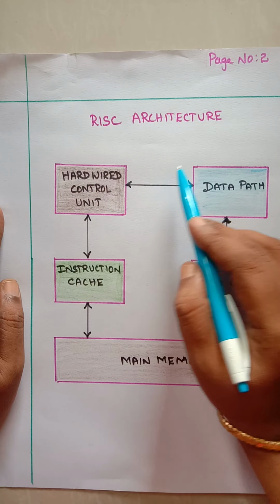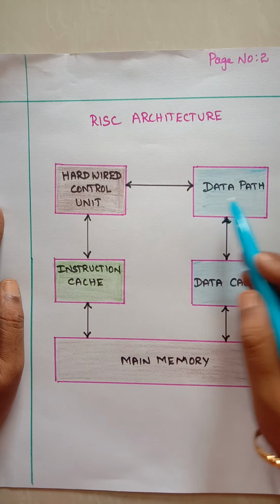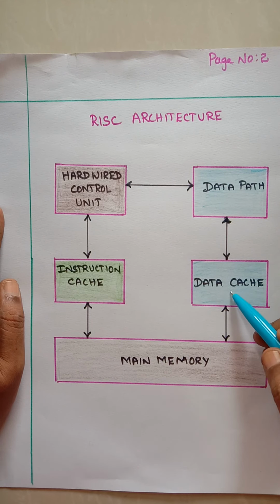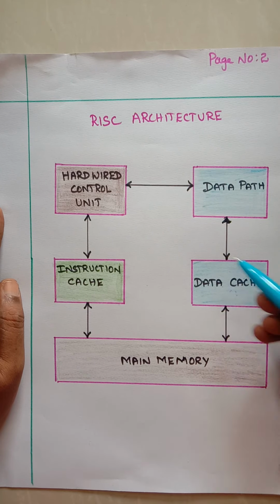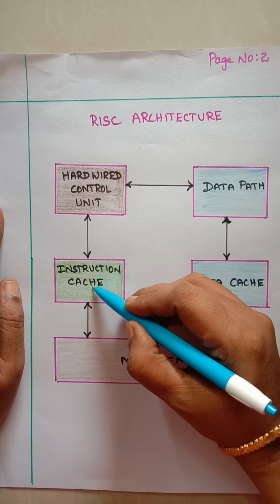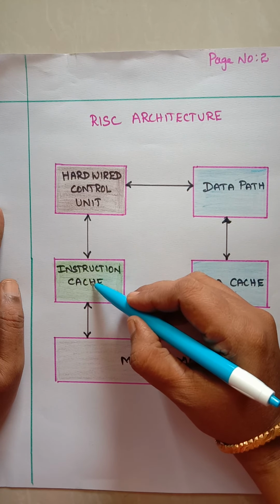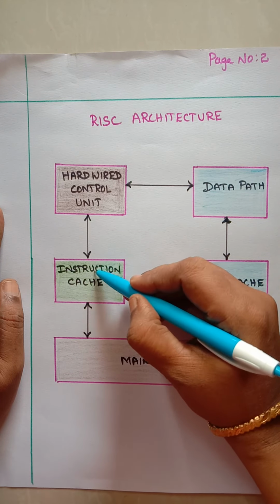And these control signals are transferred to the data cache through the data path. What is data cache? In data cache, the blocks are copied either from the cache memory to the main memory or from the main memory to the cache memory. Then what about instruction cache? It can read the content only. That is, it can copy the block of instructions from the main memory to the cache.